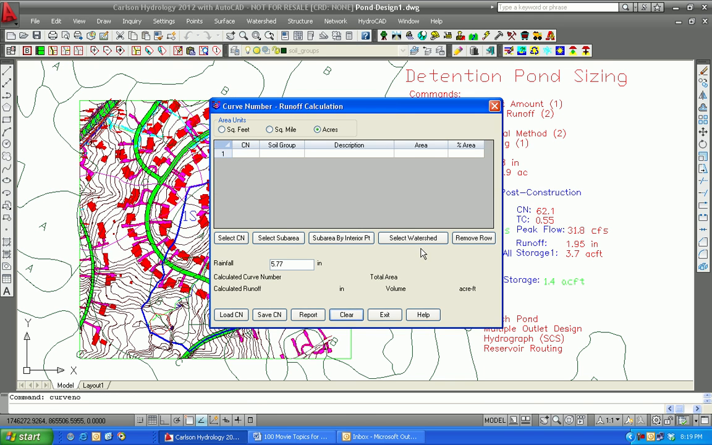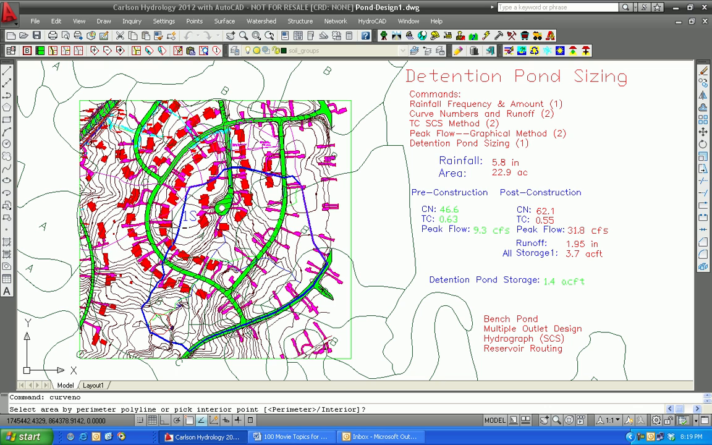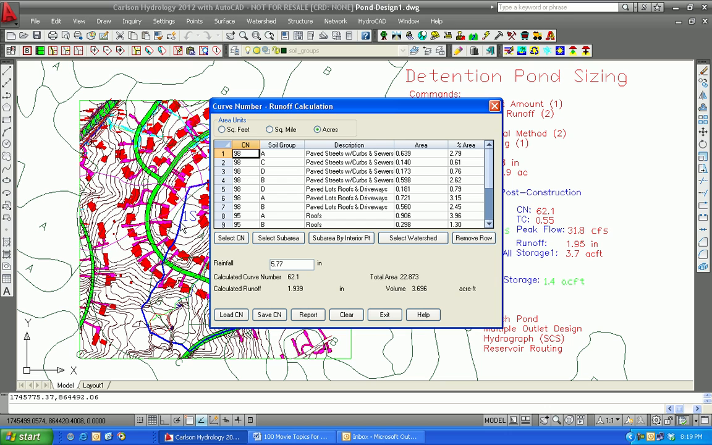Clear what's there, select my watershed, that same blue perimeter, by the perimeter selection method, and the program calculates for all the different land cover types, cut against all the different soil groups, a composite calculated curve number of 62.1 shown here on the right. But also we note that it gives us a calculated runoff 1.94, 1.95, and a total volume of 3.7 acre feet,